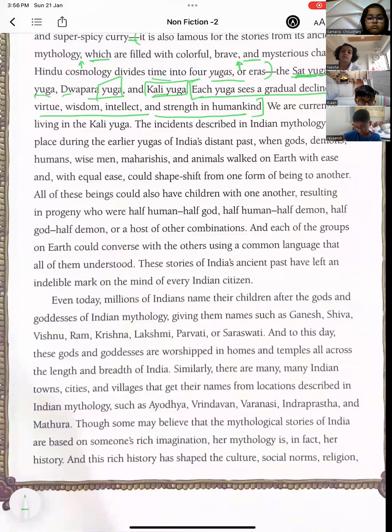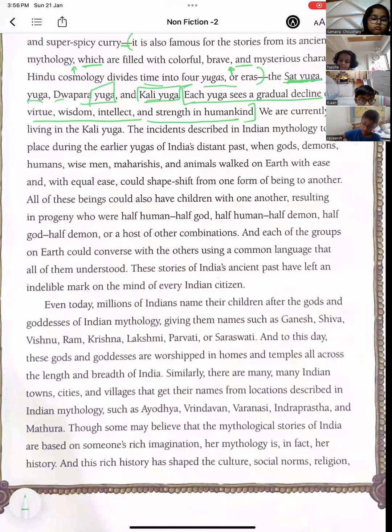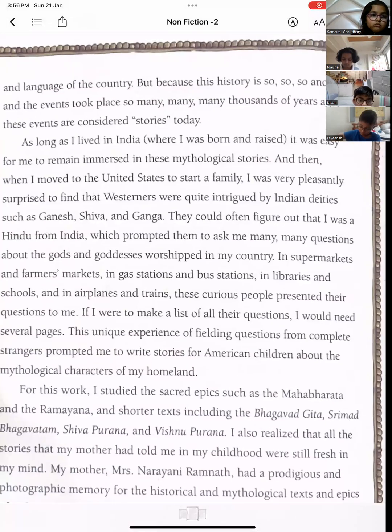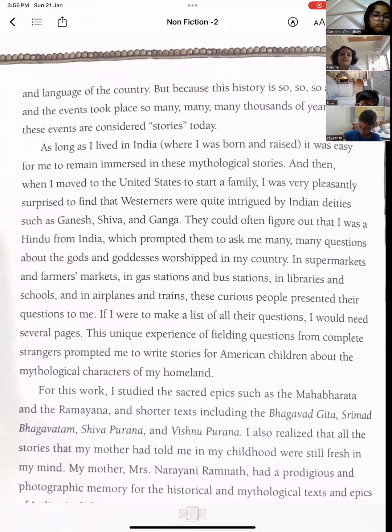Her mythology is in fact her history. India's mythology is actually the history of India. And this rich history has shaped the culture, social norms, religion, and language of the country. But because this history is so ancient, which means it's so old, and the events took place so many thousands